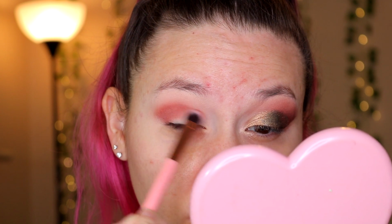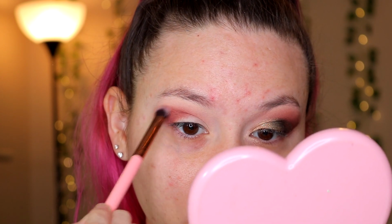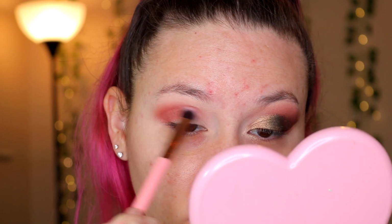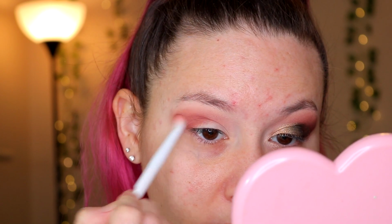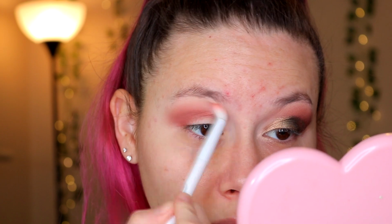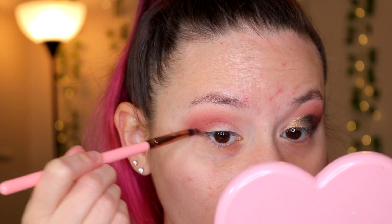And I'm using the Luxie Large Shader Brush to dip into that color. And this is going to go on the outer third and in the crease. I'm always going to make sure to go back and blend with that transition shade, and I'm blending with the color Wishful. I'm going to go in with the shade Charmed, which is a dark brown, and I'm using the